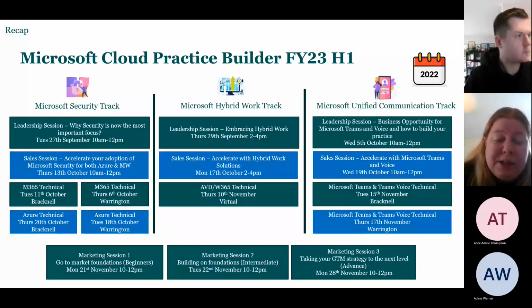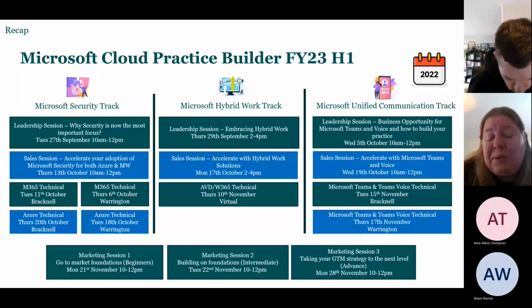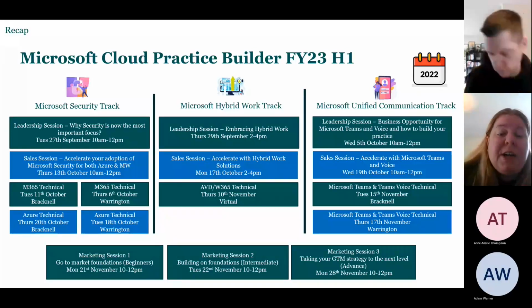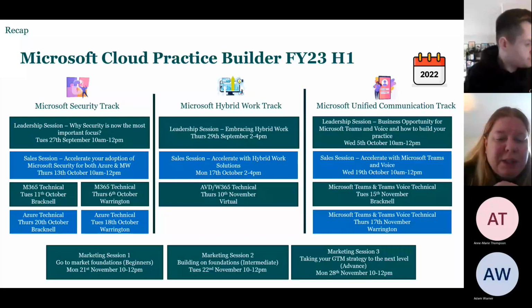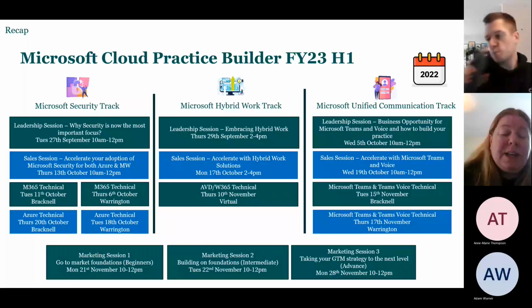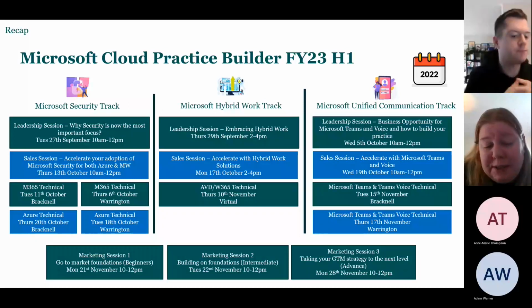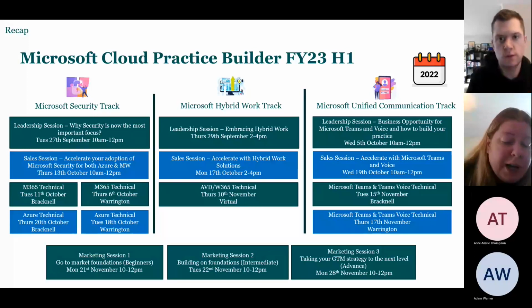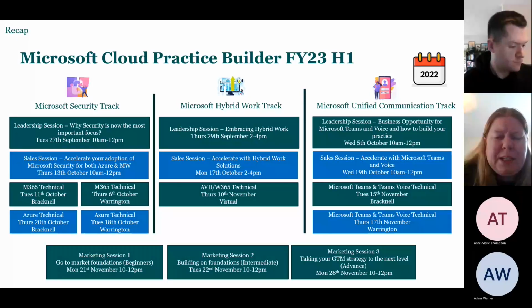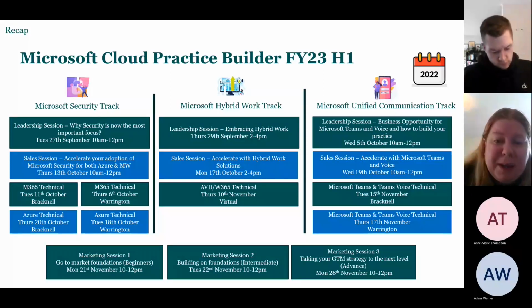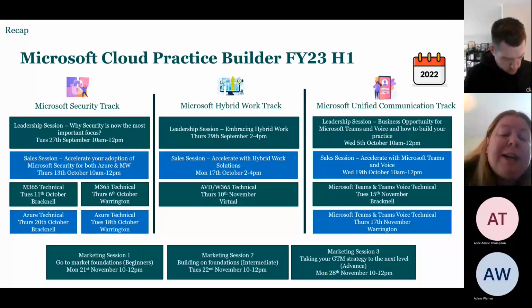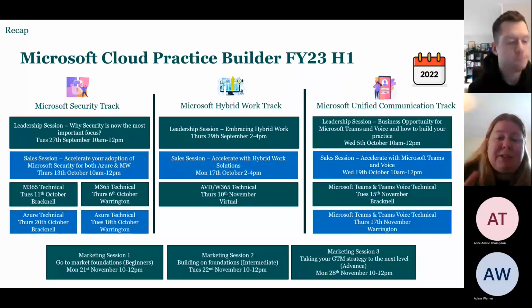We then had sales sessions, and we had a trainer that took your sales guys through how to position these different products, what the benefits and features are, and the kind of questions to be asking. We then had the technical side, so we were helping your techie guys understand how to support your partners with these technologies. And then there were different tools that they can use, such as M365 Lighthouse and Azure Lighthouse, to make that experience better both for you and the end user. And then we're on to the marketing session. So how do you take everything and take that out to market?